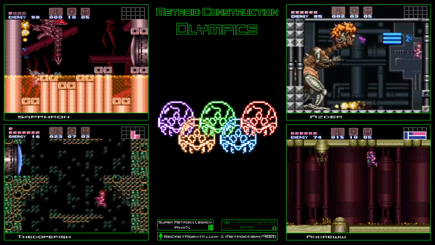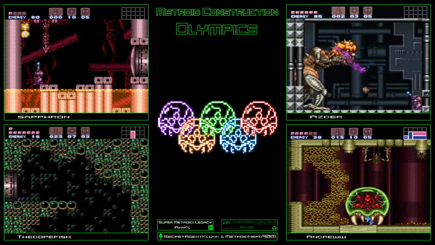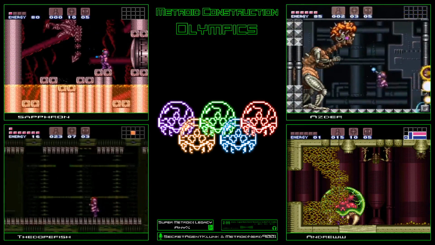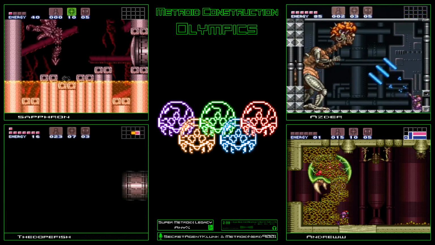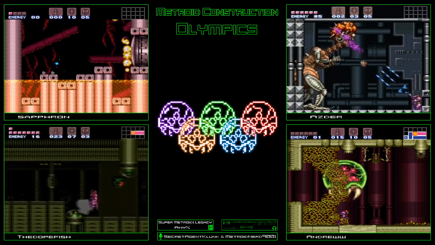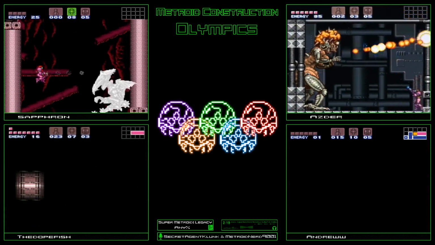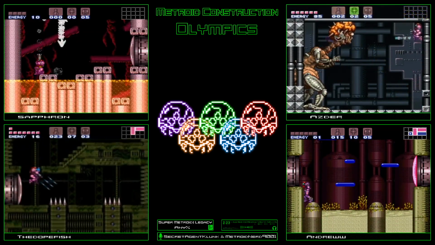Andrew catching up slightly, or on his way to Mother Brain as well, going for that baby skip as well, and didn't succeed. Ooh. That's unfortunate. At least the baby is draining his health very quickly. Asda's maintaining almost full health, so he can survive the beam from Mother Brain. On low health again from Ridley. A decent way